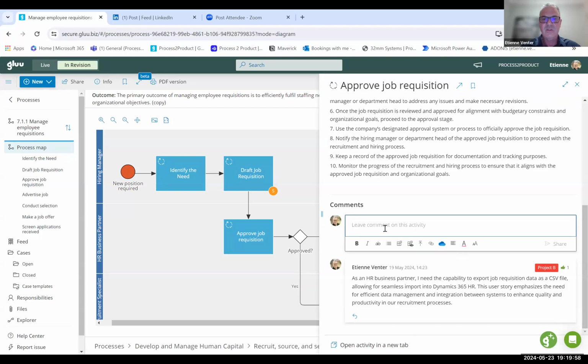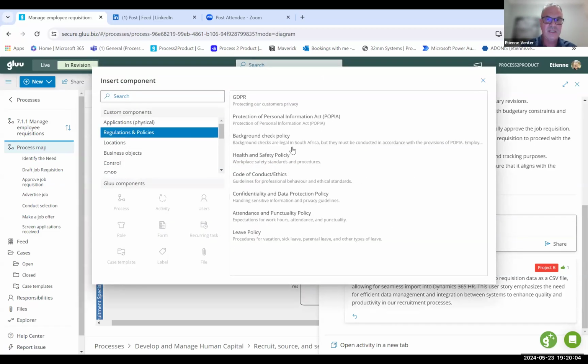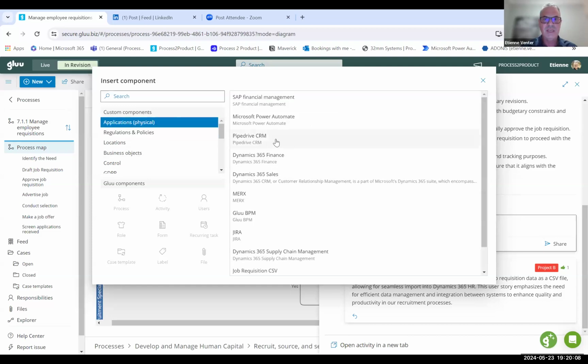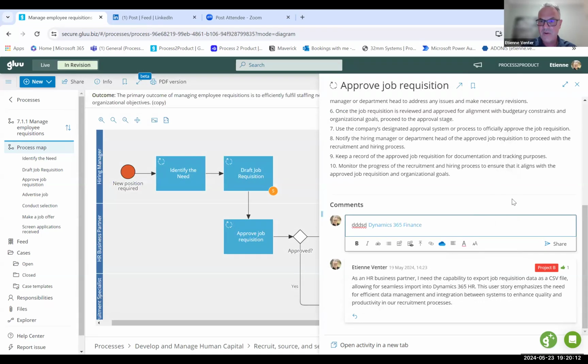They can add to their comment. I'm not going to save this one. They can add systems. So let's say regulations that they want to change, systems, applications, or whatever. So let's say the system needs to change, and so they can write it in English. And then they can share it. That lands up here on the feed, and the owner of this area with the editor that we had on this process,